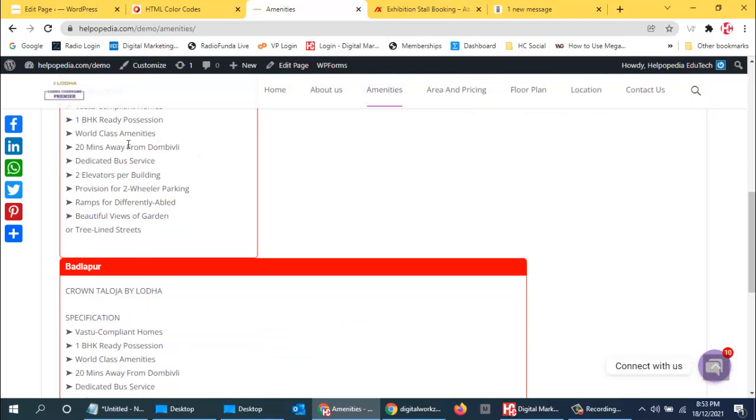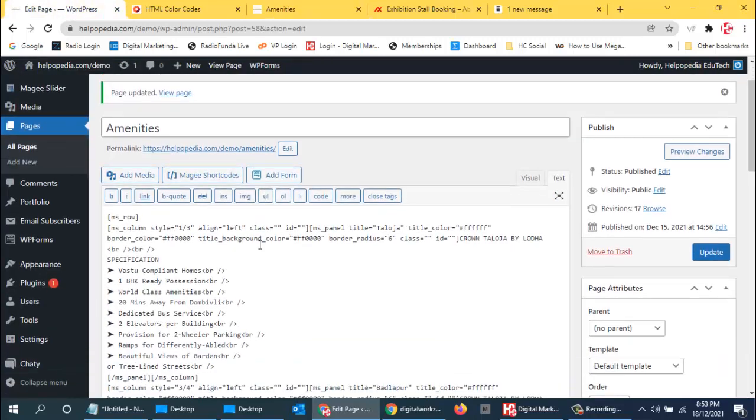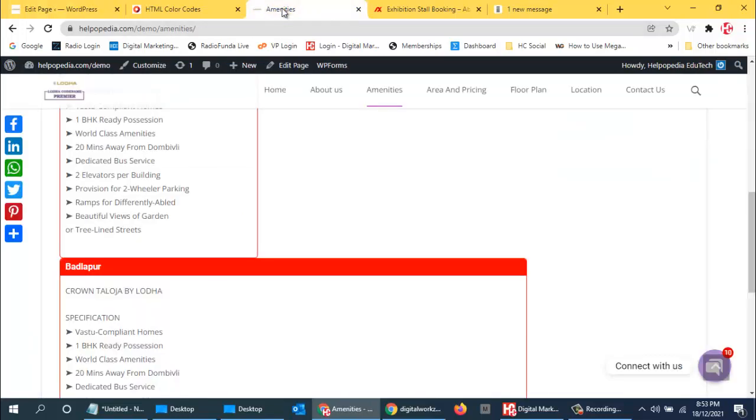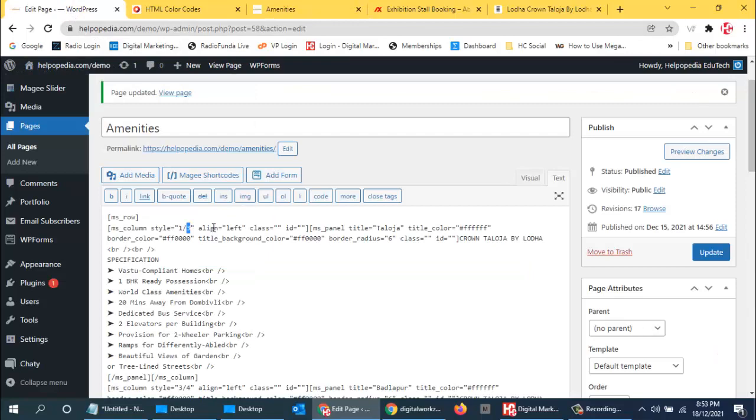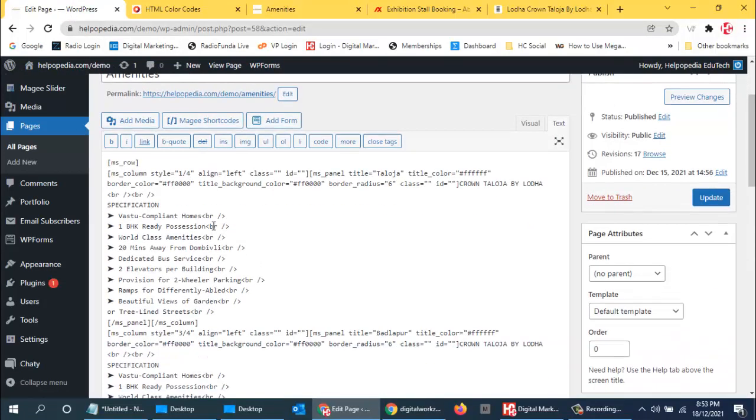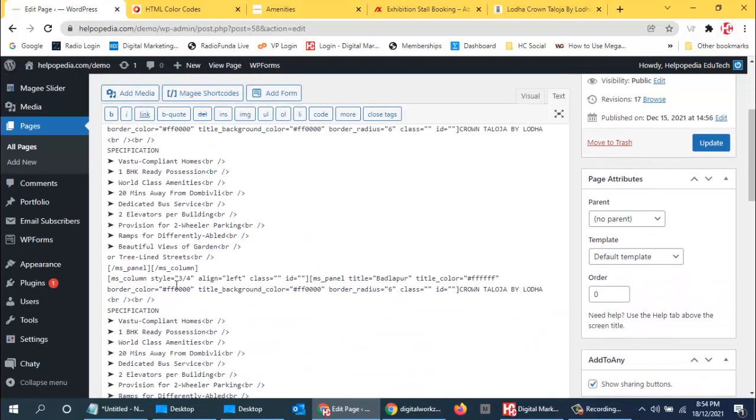Okay, it should be 1/4. That is the reason it came into the second row, because this column is bigger than the space available on the right hand side. So over here it should be 1/4, it should be 25%, and over here this is 75%. Now I click on update. Now it will come side by side.